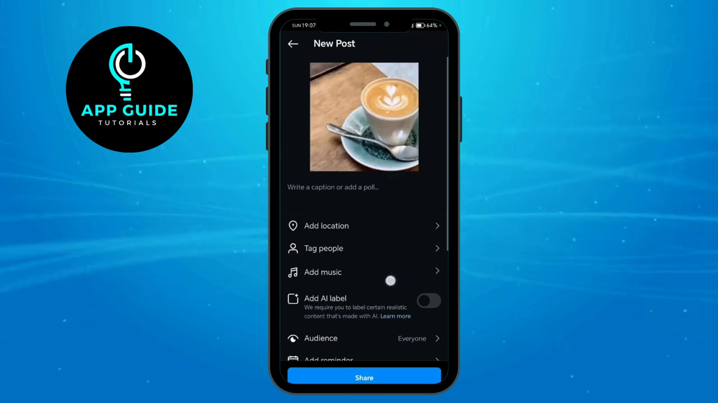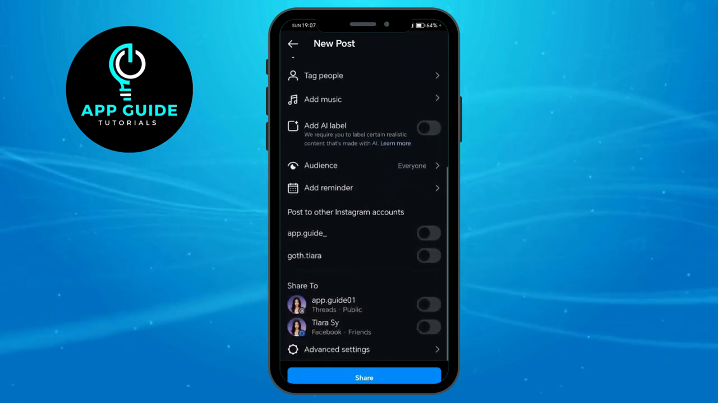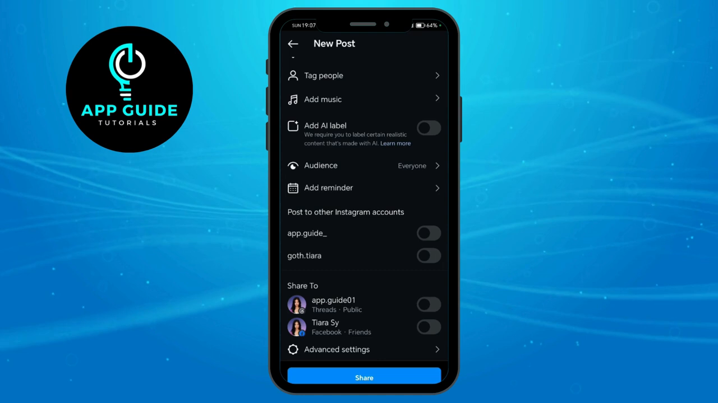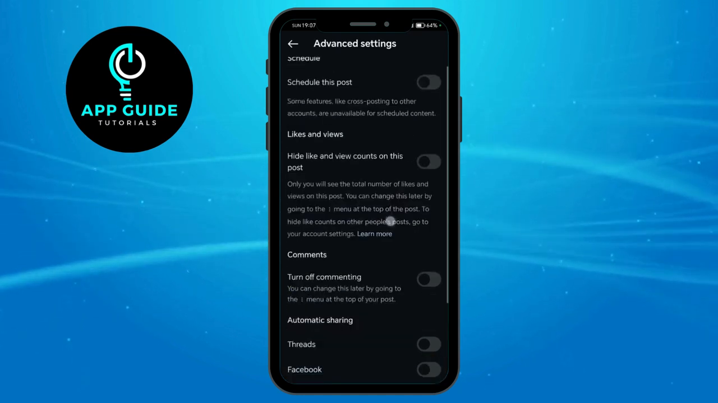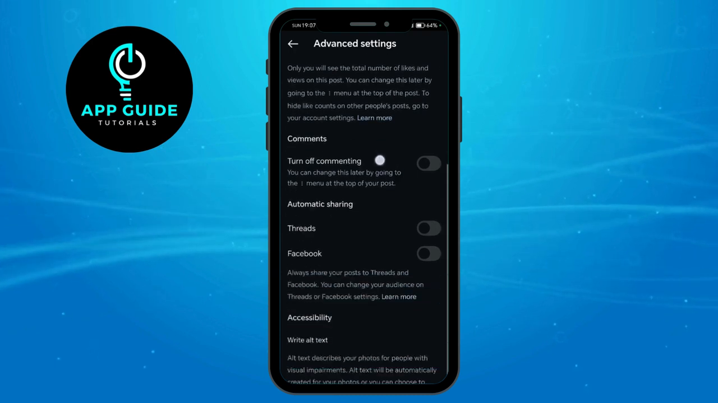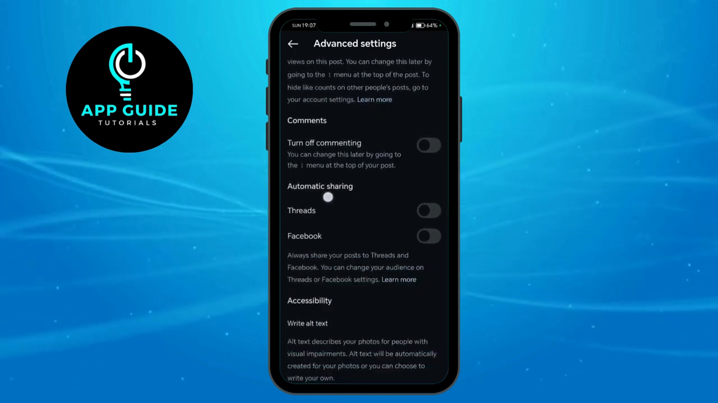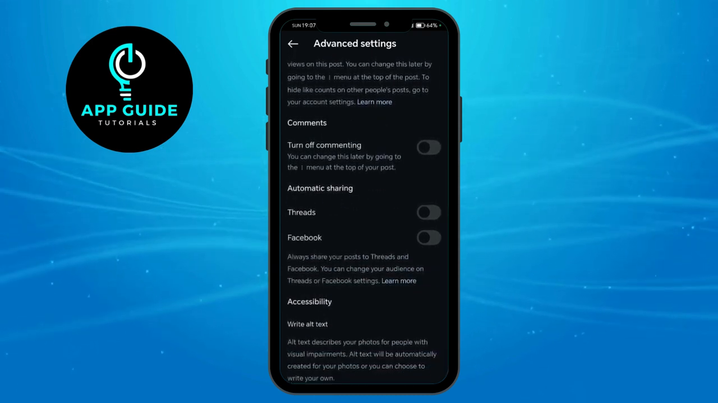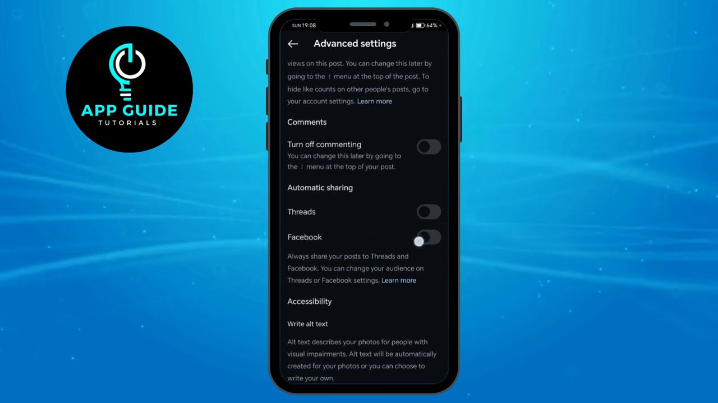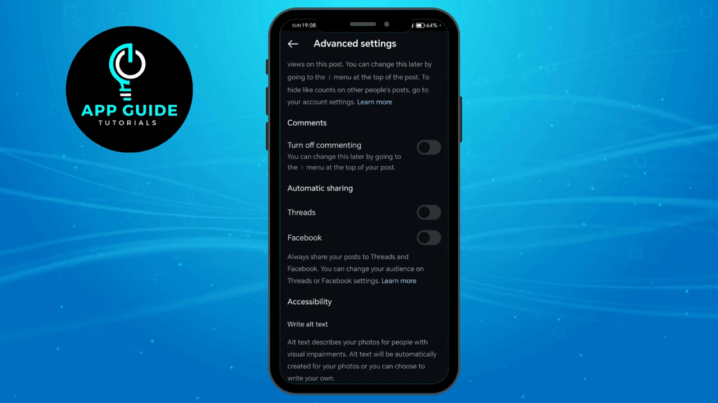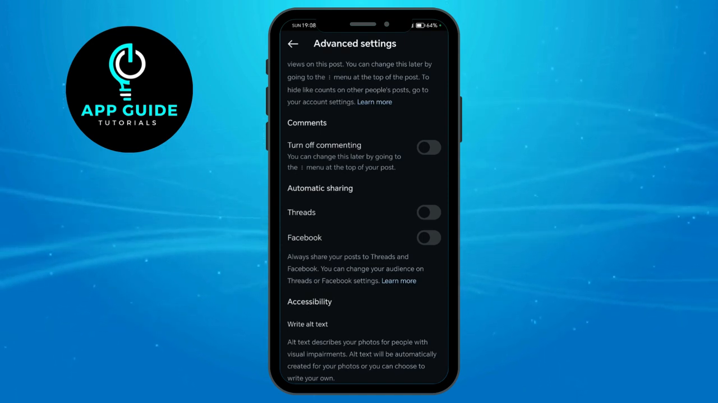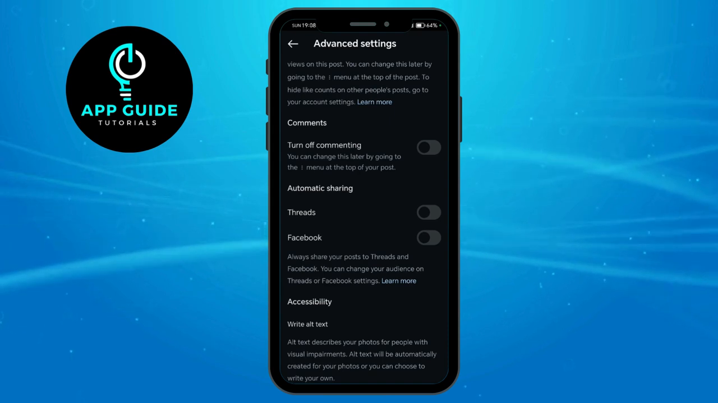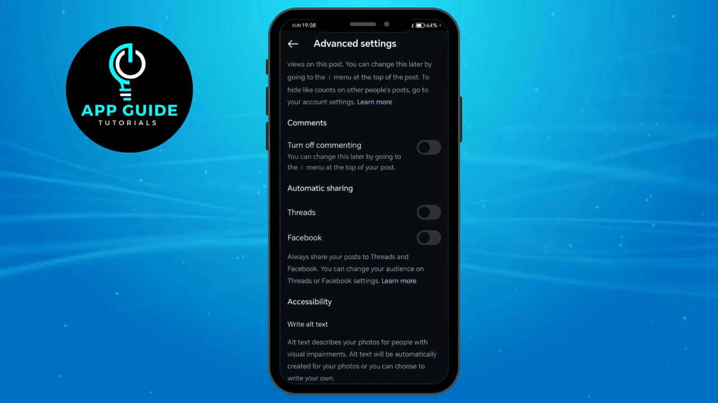again, and scroll down. Now, if you scroll down, you will be able to see this advanced settings right here. You just have to click on that, and you will be able to see an option when you scroll down, an automatic sharing section right here. And as you can see, if you toggle this on, all your posts will be able to be shared automatically to Facebook. All you have to do to stop sharing posts that you have posted on Instagram to Facebook is